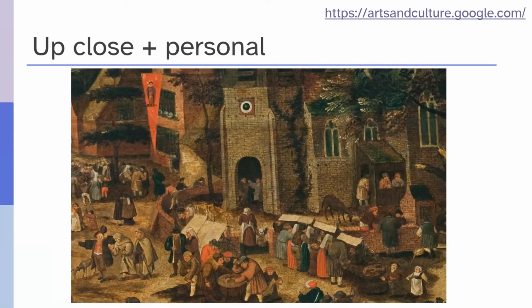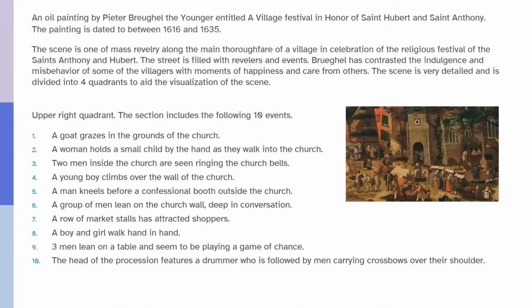But you can go into so much detail that you can actually see the paint strokes. And it's a wonderful way of working with detailed, complex images like this, or complex paintings like this one. So you can really see what's actually happening in the image. So in this one, we've focused in on the upper left-hand quadrant, and we can see a lot of things happening around this church building.